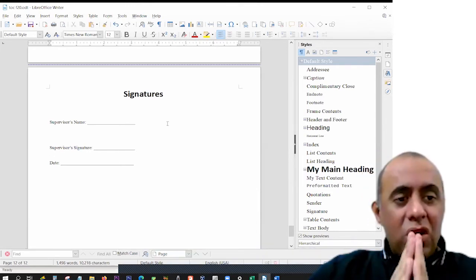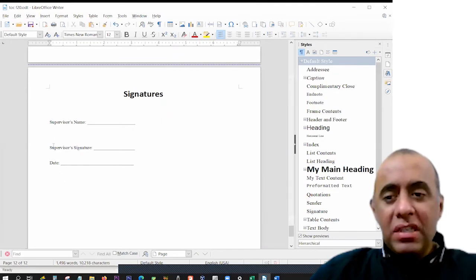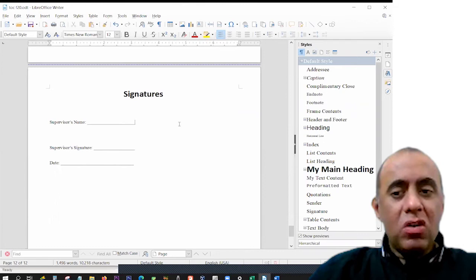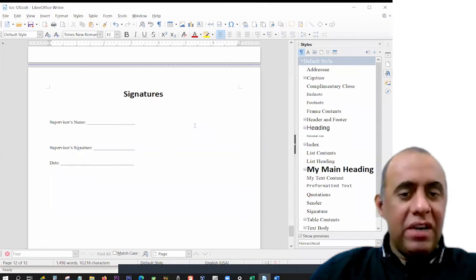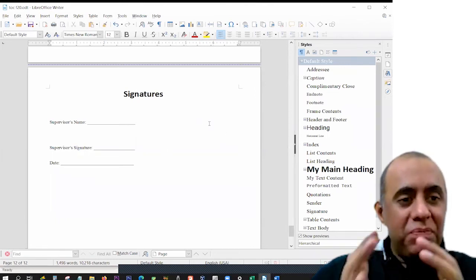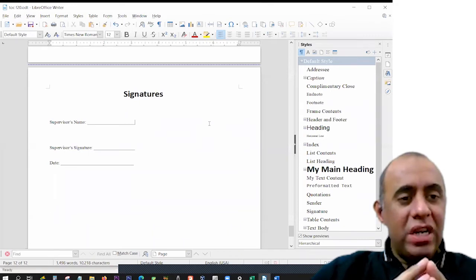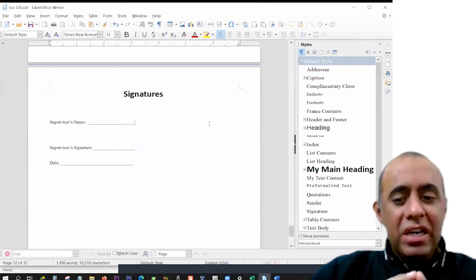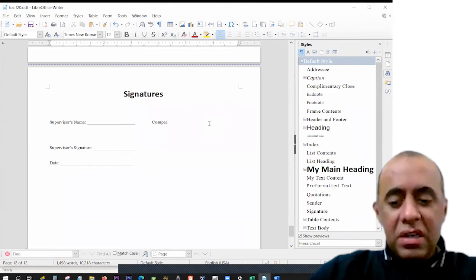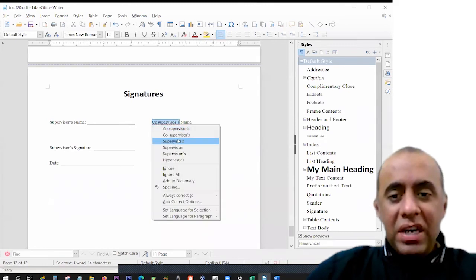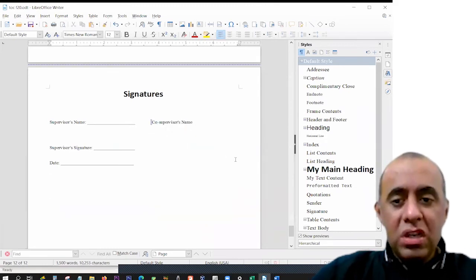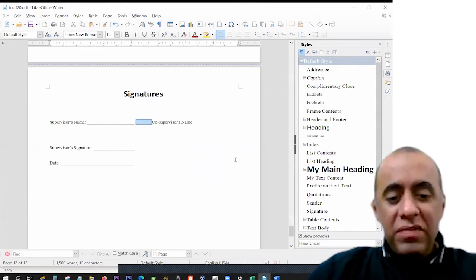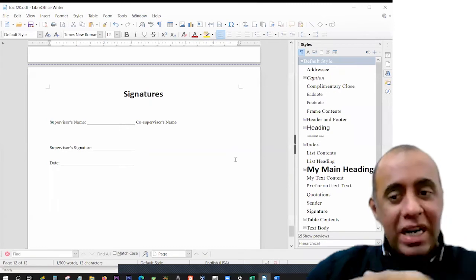So now what I want to do is create all of this at this side of the page for the co-supervisor, right? I want to create all of these things on the right hand side for the co-supervisor. But I want that to look very professional, and not like pressing multiple spaces and then typing the co-supervisor's name and stuff like that, right? It would look very unprofessional if I used so many spaces,